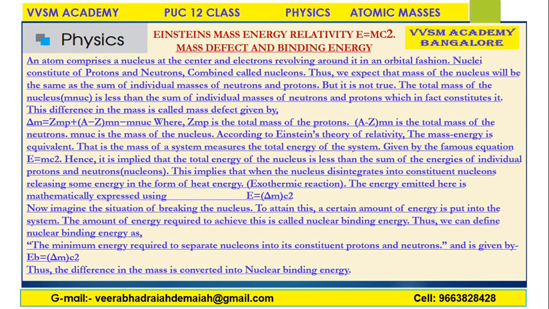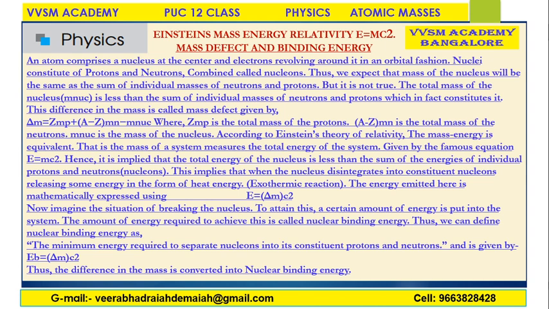A minus Z times mn is the total mass of the neutrons, and M of the nucleus is the mass of the nucleus. According to Einstein's theory of relativity, mass and energy are equivalent. That is, the mass of a system measures the total energy of the system, given by the famous equation E